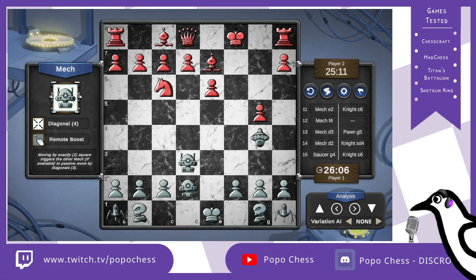And at least it would be able to do some stuff. So here we have a scout to f3, developing the scout, and here a knight to b4 is played. You see that black is a little desperate at the time that he wants to remove one of these two mechs. And here, yeah, actually this is not that easy to replace, because if you replace here, then you can